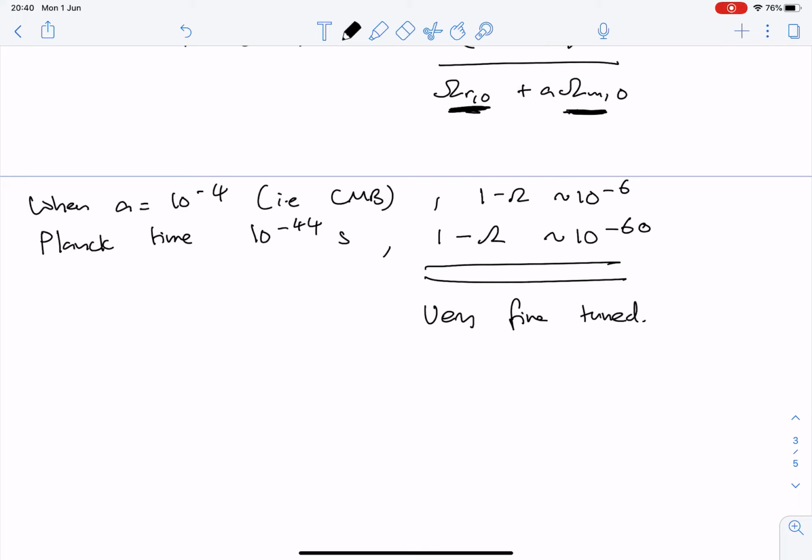So either, probably, it really was flat, or something else is going on here that we still need to get a good understanding of. And that is the flatness problem, which is one of the other key problems that we want to consider.